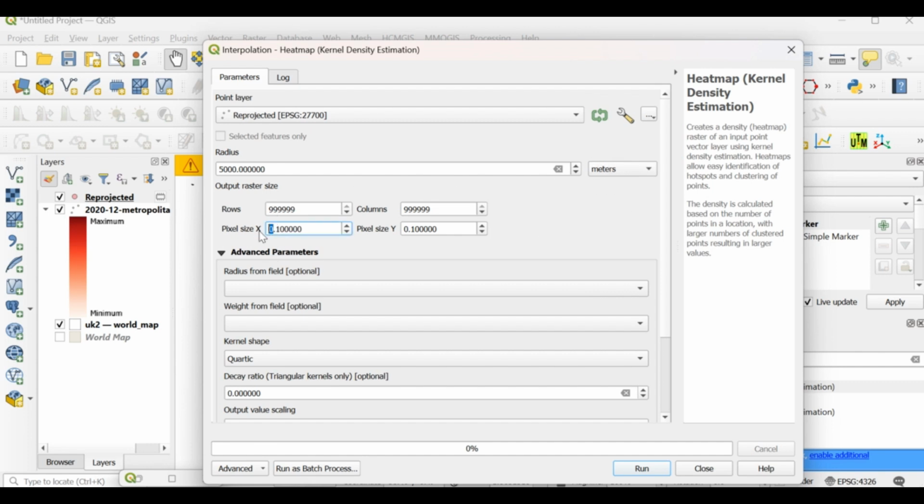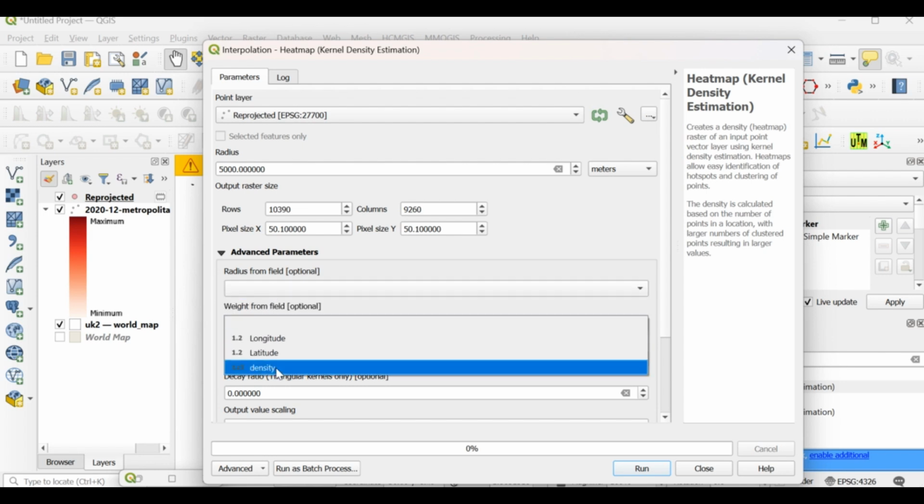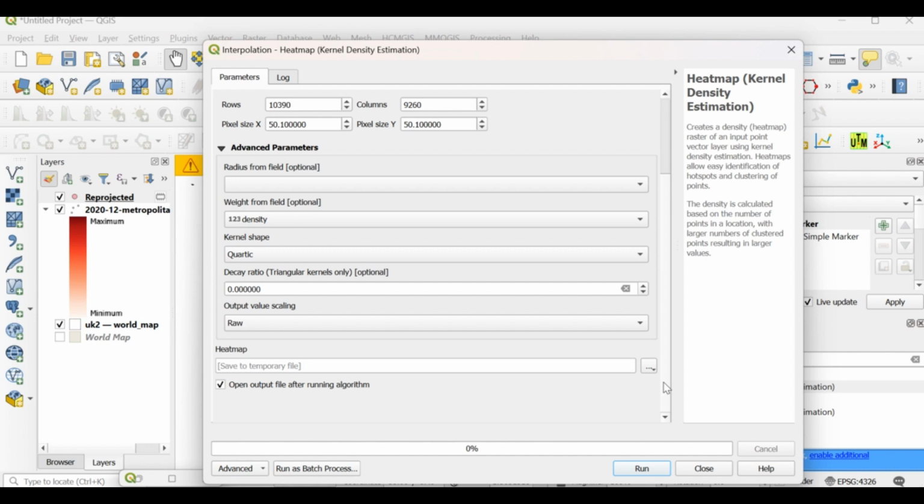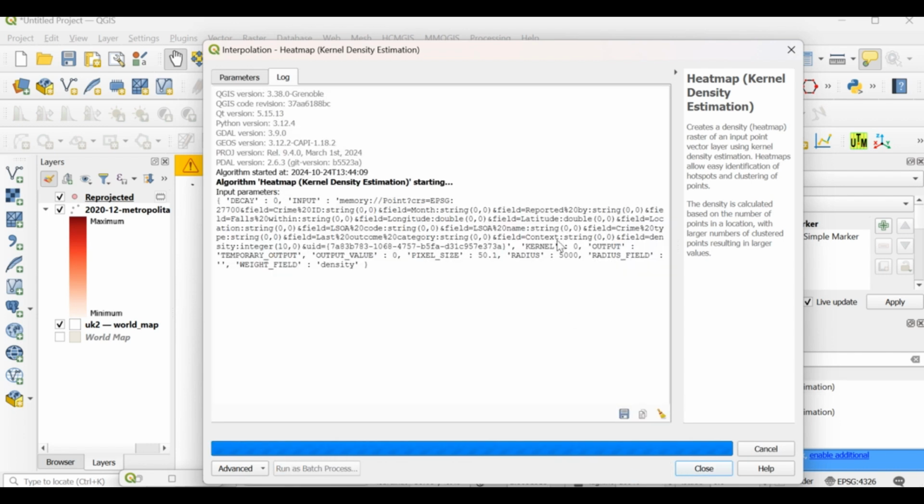And on this too, we can change it to 50. You always have to experiment to find which is the best visualization. And radius from field, this we will leave like that. But this one, weight from field, we would like to change to density. This will also take a while.